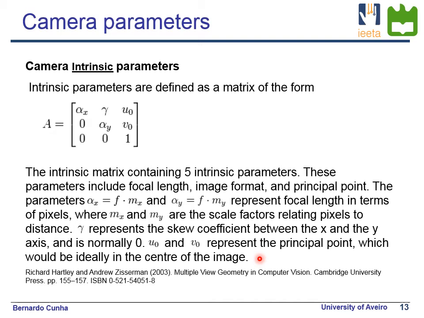So that light vector will hit the sensor, ideally on the center of the sensor, but sometimes there may be some misalignment, and in those situations the u0 and v0 will determine exactly which is the pixel that represents the